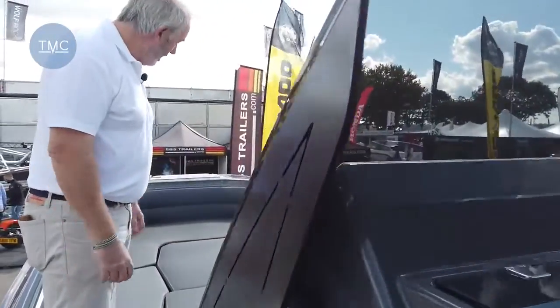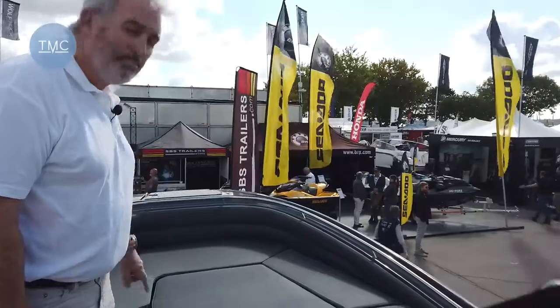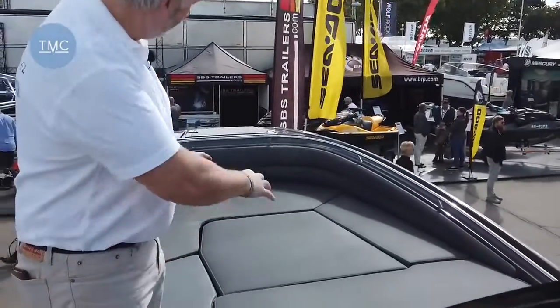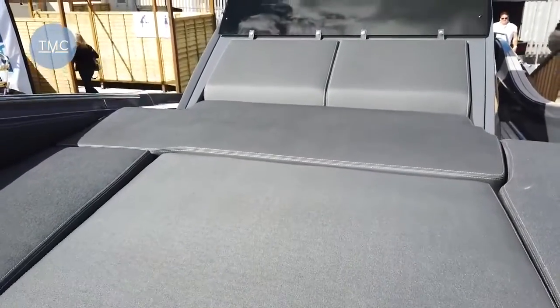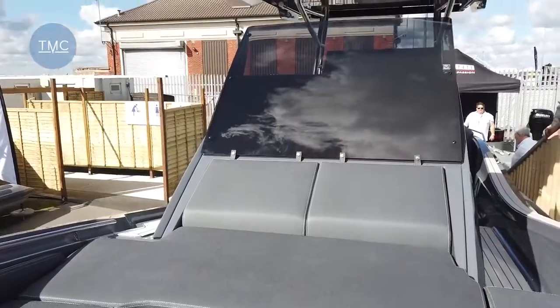So if we just walk up here, the centerpiece there pops up and becomes a table, so you've got a lovely dining area there. Again, more flexi teak on the bow. And here's some head cushions so you can enjoy that sunshine. And as we move back,